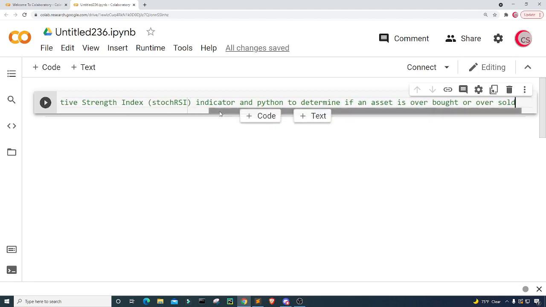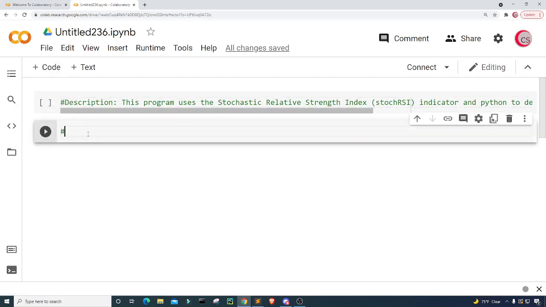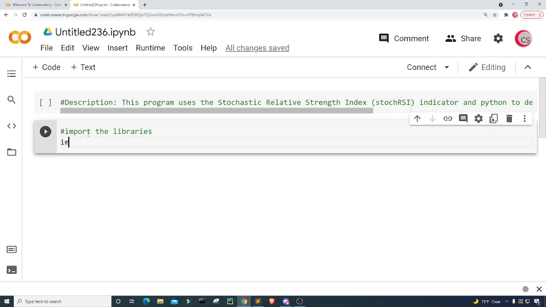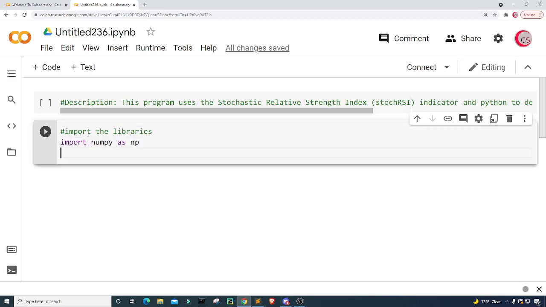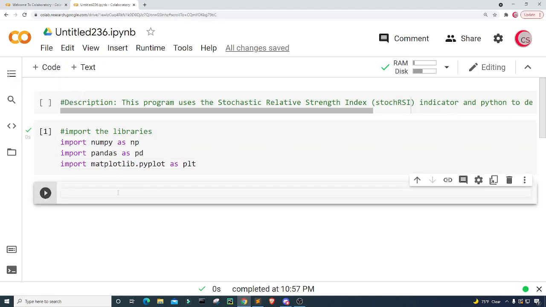Okay, and then I'm going to create a new cell by clicking this code button here in the top left, and in this cell I'm going to import the libraries that I plan on using throughout the program. So I'm going to import numpy as np, I'm going to import pandas as pd, and I'm going to import matplotlib.pyplot as plt, and then I'm going to run this program by clicking that button here to the left, and this will let me know if I made any mistakes. And it looks like we're good, so I'm going to create a new cell,